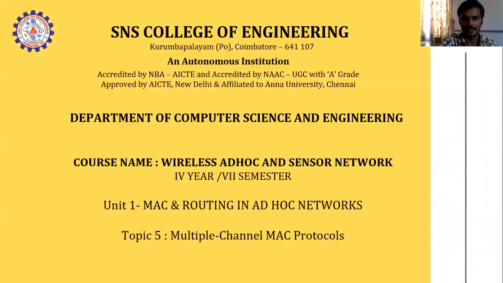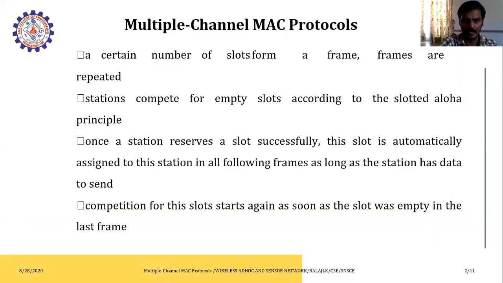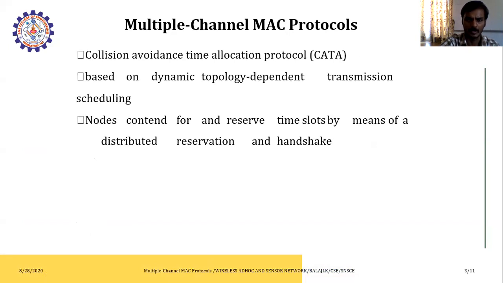We have started with the multi-channel MAC protocol. You have seen the major principles are based on the slot form of frames. We should avoid repeated frames, so in order to avoid that, we make the slot empty after the allocation has been completed. And if you want, you can make a reserved slot also for future purposes. Once the slot is completed, the entire process empties the slot. Then we go to the collision avoidance time allocation protocol, where dynamic allocation of the communication takes place in order to avoid collisions.